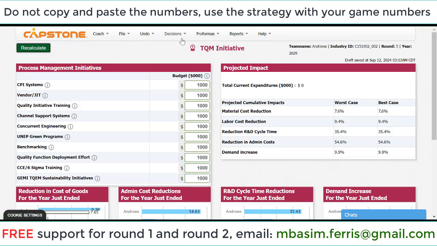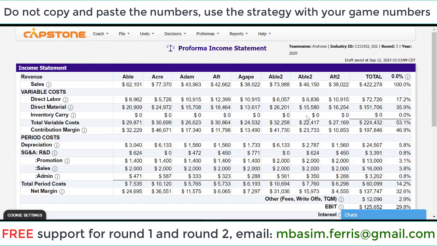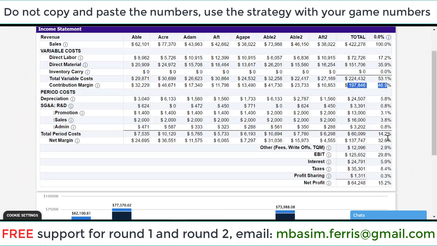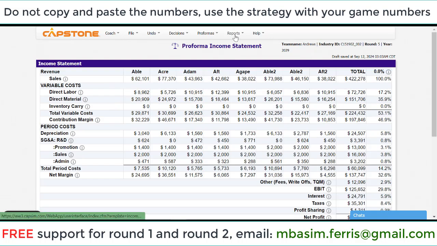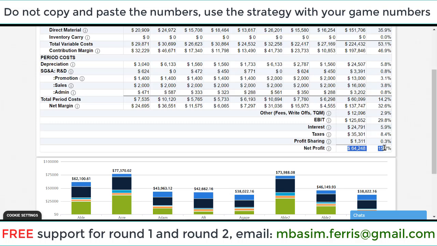And now we check the pro forma income. We are going to have very high sales here, and nearly 50% contribution margin, 50% net profit, much higher than last round. You see a big improvement. Last round we got 270, now we get 420, an increase of 150 million, and profit increased from 14 to 64, a big